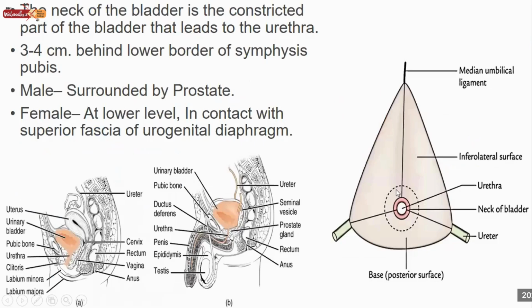The neck of the bladder, as you can see here in the picture, is a constricted part that leads to the urethra down. You can see here that from the neck, the urethra starts. The neck is about 3 to 4 centimeters behind the pubic symphysis. And this neck is a fixed one. Even if the bladder becomes full, the neck is not going to move. In case of female, the neck is at a lower level,